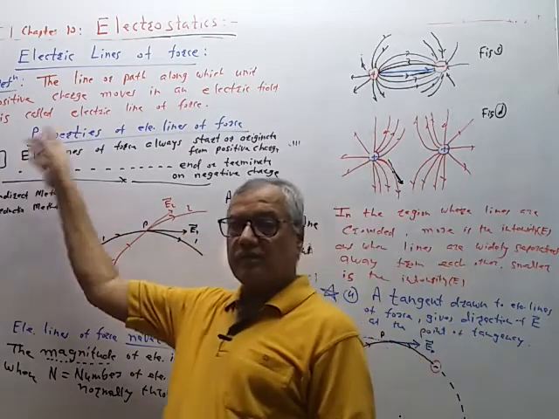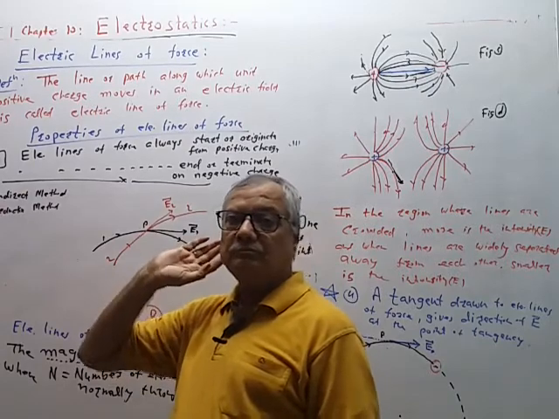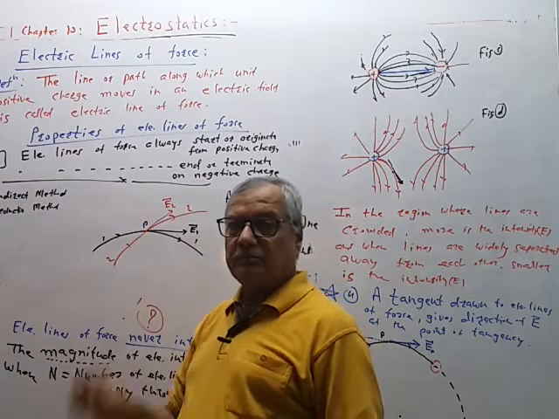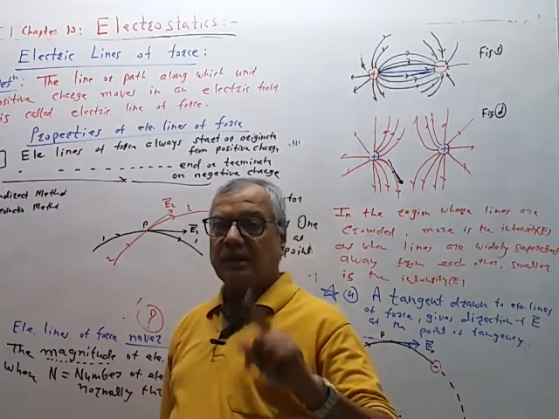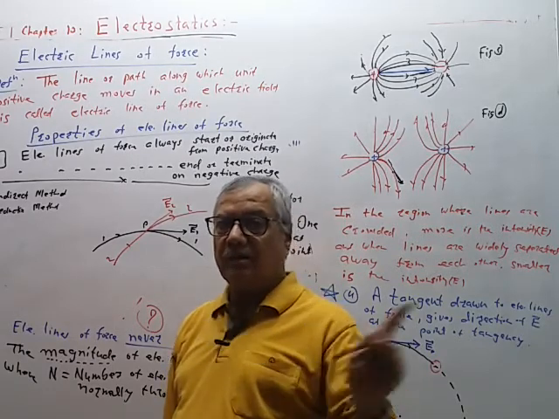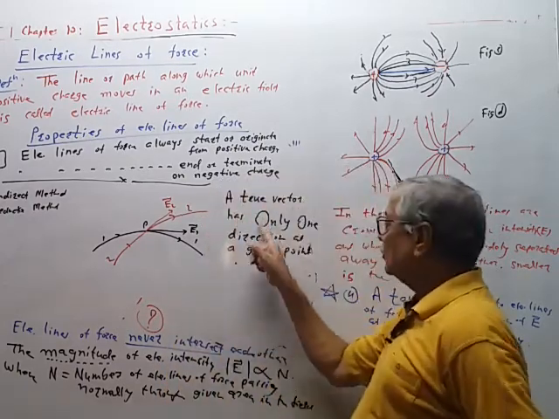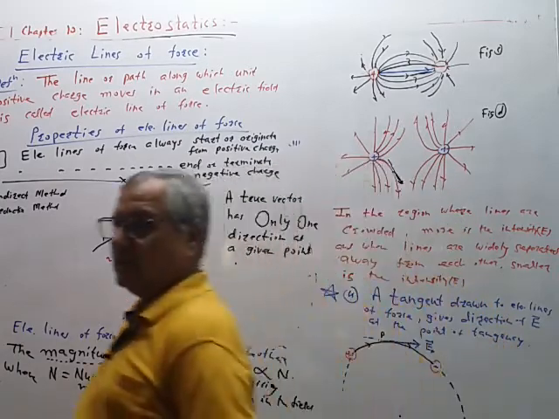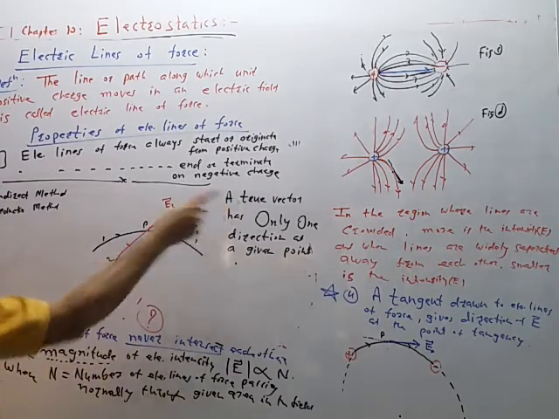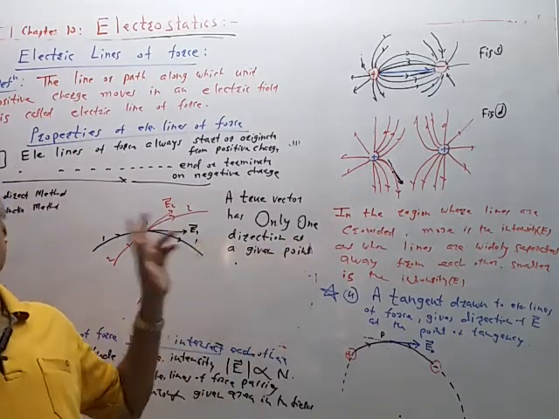This method we follow in mathematics so many times. It is the indirect method, or reduction method, or contradictory method. So why do two lines of force never intersect? This is a simple reason. If they intersect at a point, then at that point the intensity vector will have two directions simultaneously. This is never possible, because if the intensity vector is a true vector, then it will have only one direction at the point of intersection, and therefore either line number 1 will exist or line number 2 will exist. Only one line will exist practically. No two lines of force can intersect each other.